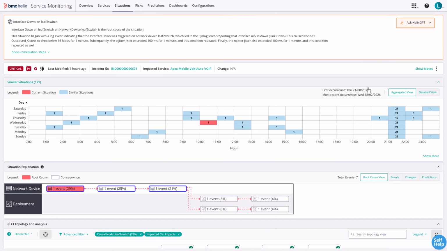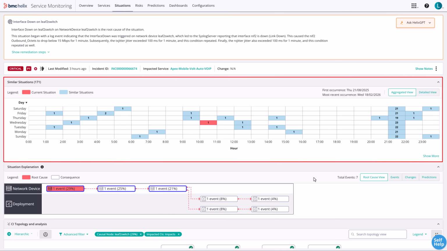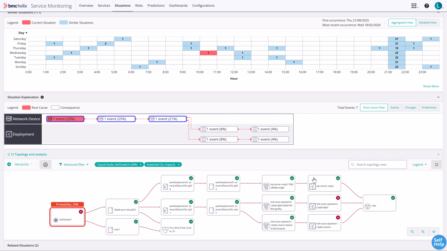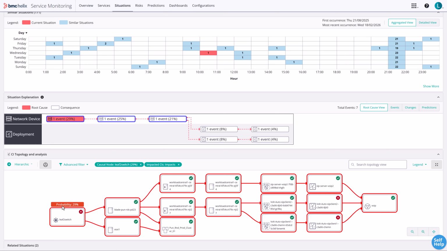Each situation's fingerprint is stored in a knowledge graph, allowing for recommendations based on similar past incidents. This table lists comparable historical situations based on their fingerprints and could be used to gather additional details of similar issues. Larry looks at the impact flow, which provides a clear view of how the events have affected the service